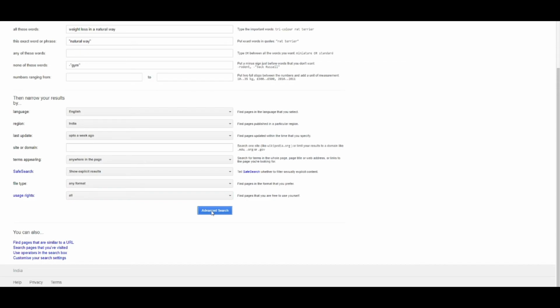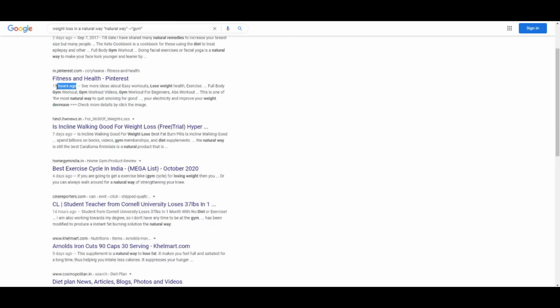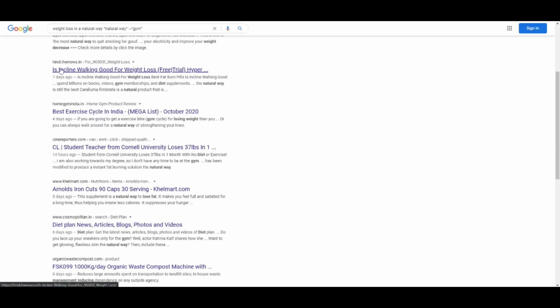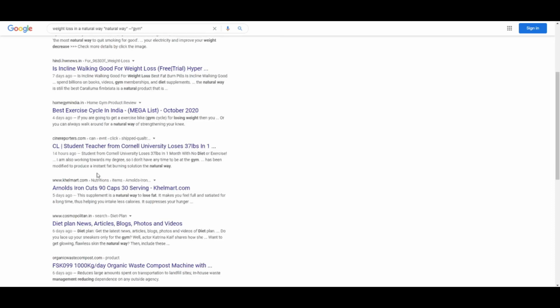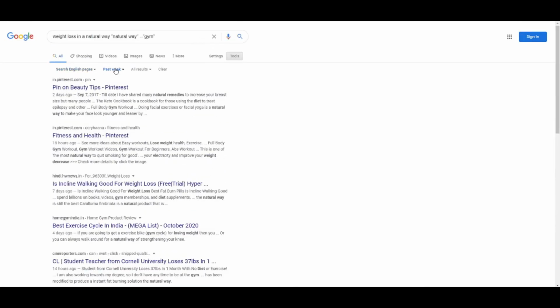See, boom, we get very recent articles: 2 days ago, 15 hours ago. It's very fresh. And also 7 days ago, so they're most probably within a week. And you can see that when compared to normal results, this is somewhat different. So actually this is it, guys. You can use this for optimizing your content and also getting more particular and exact results.